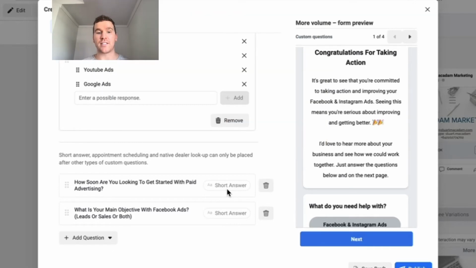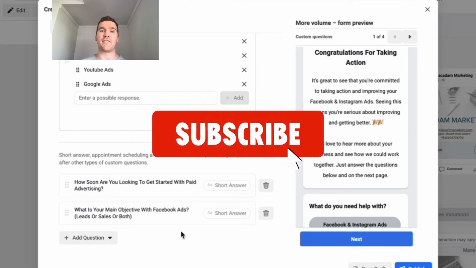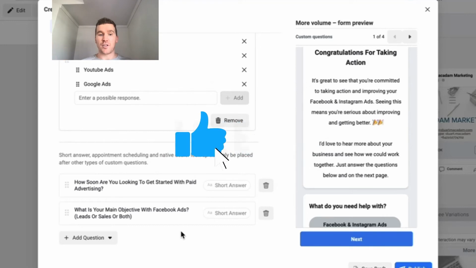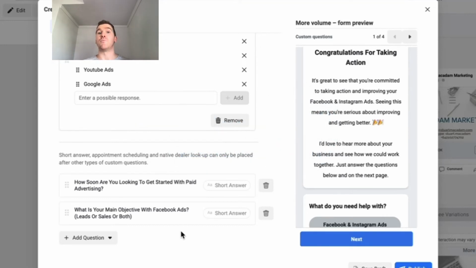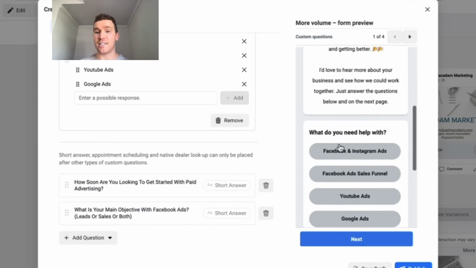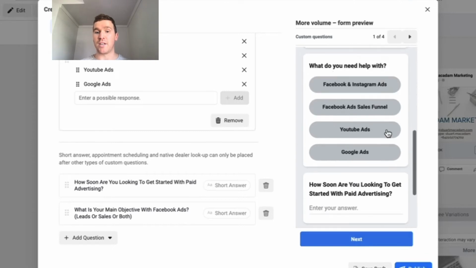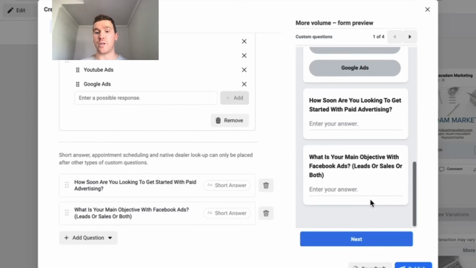We then go down to the next section here. What is your main objective with Facebook ads, leads, or sales, or both? Because ultimately, that should be the only goals you should have if you are running Facebook ads. And for this one here, they again fill in the form. I either want more leads, more sales, or I want to do both. And if they can't take the time to look at this, say they need help with one thing in particular, fill in these two short questions,